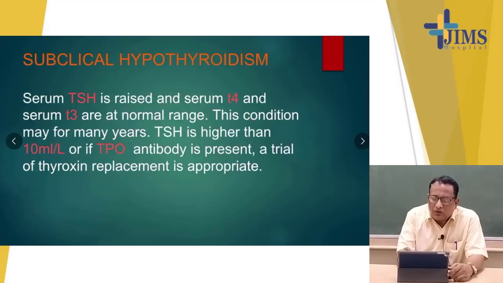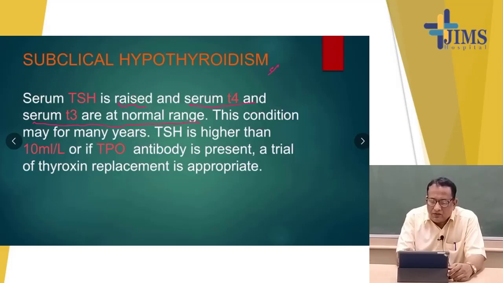Then subclinical hypothyroidism, what I was telling you. Serum TSH level is raised, but serum T4 and T3 are in the normal range. So this is not a normal condition. As TSH is rising, there is some process inside the thyroid gland that will give rise to thyroid destruction. So after 3 months, the T4 will go down. So this is a raised TSH with normal or high normal T4. It's a situation of